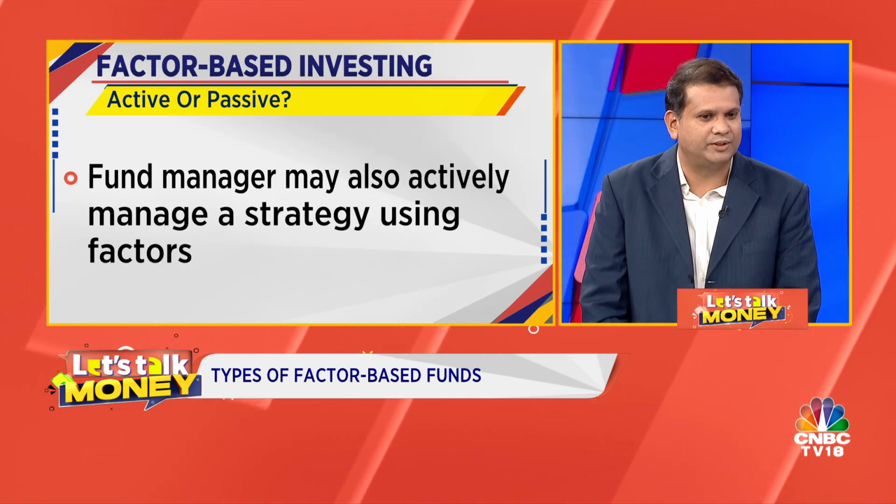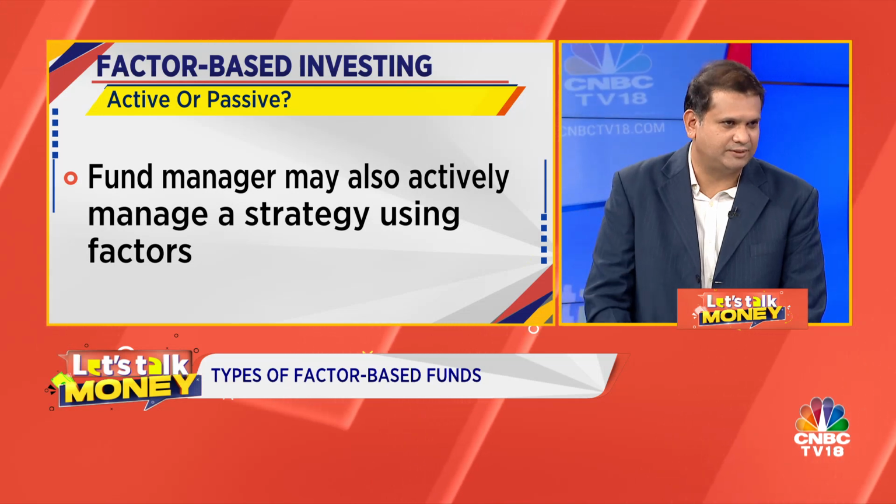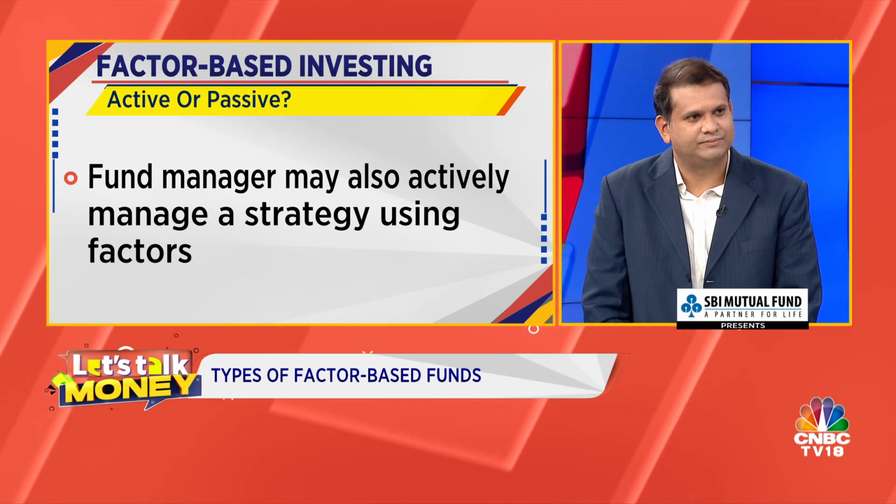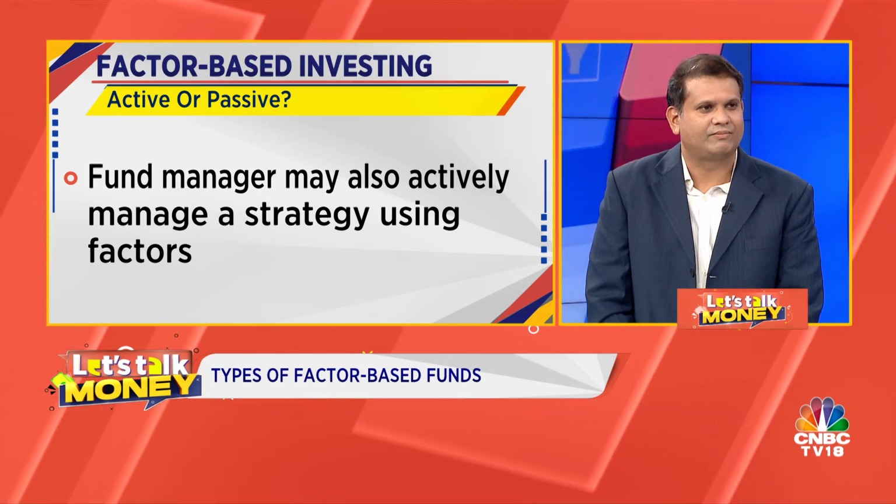Like in terms of many of the quant funds that are already in existence and more, in my opinion, will come in, we'll all look at multi-factor models. Multi-factor models, which is also called smart beta investing. So don't get confused if you increasingly hear these terms in investment circles. It's the same thing. When you combine multiple factors together, you have multi-factor investing. It's also called smart beta investing. So that brings us to the basic question. What are these different types of factors? So let's try and address them.